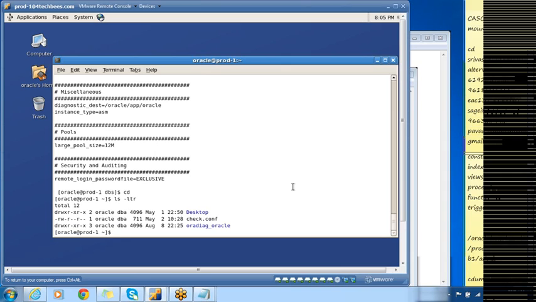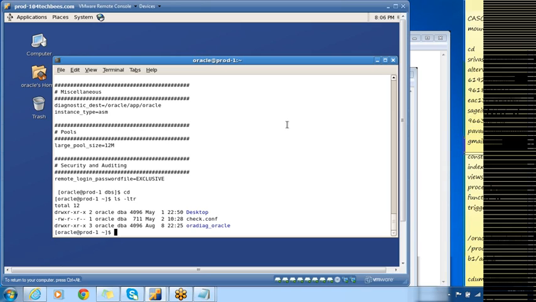Now we'll be installing RDBMS binaries and we'll be creating the database. But before doing that, let me show you some of the important files related to cluster software. Just like we have alert log and trace files for the RDBMS database, we'll also have alert log and some trace files for clusterware, and we'll also have alert log and trace files for ASM. So let me show you how the directory structure will be for cluster log files and for the ASM log files. So first we'll look for ASM.